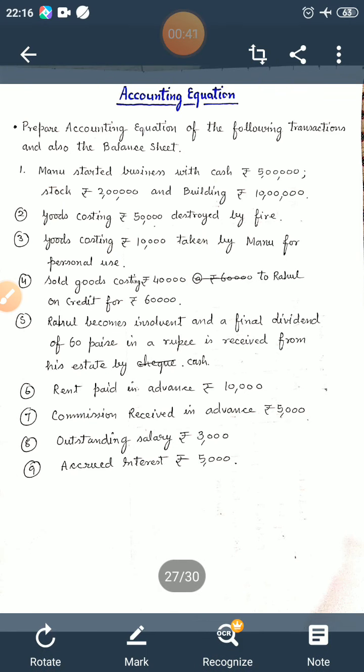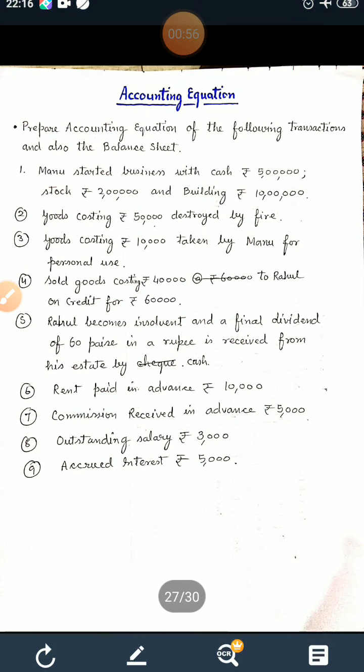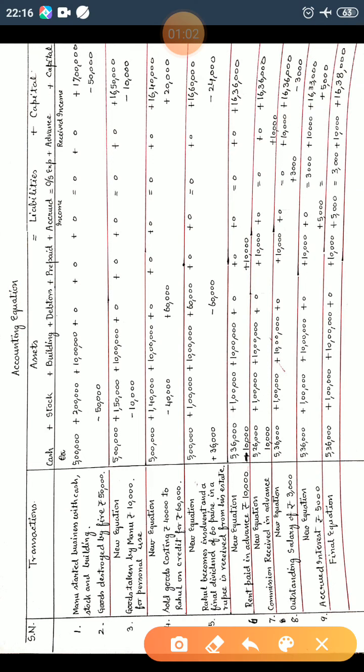So this question has 9 transactions, and on the basis of them the question asks you to prepare the accounting equation of the following transactions and also the balance sheet. So first of all, you make a format, and the process is